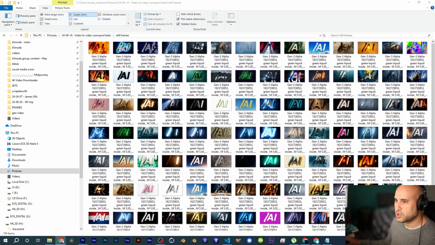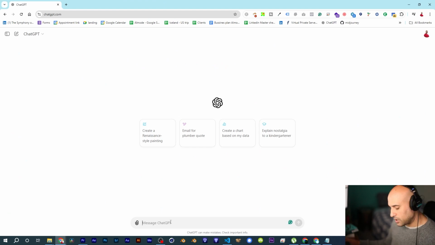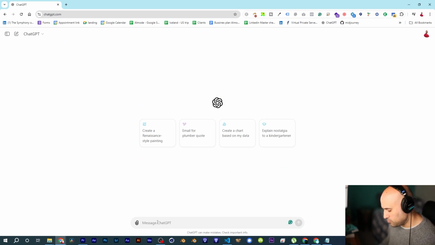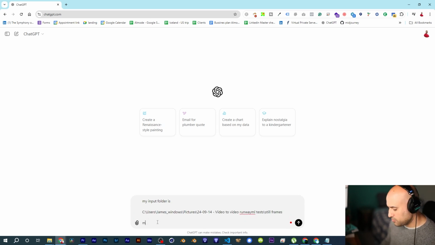So I'm just getting my screen ready. Right, so I've got to work out where my files are, so I know they're there. So I'm going to say my input folder is, my output folder is, I'm going to make another one called for. My output folder is,